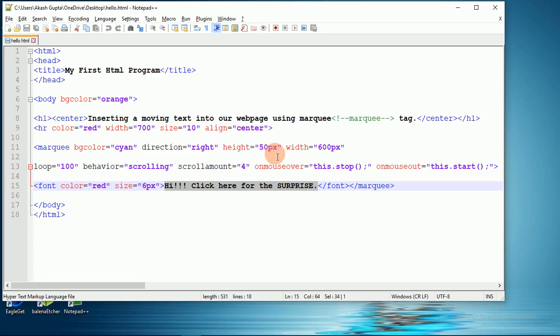Now height and width determine the height and width of our text in the web page. Whatever text is written inside the marquee tag, its height and width can be increased or decreased by using the height and width attributes.